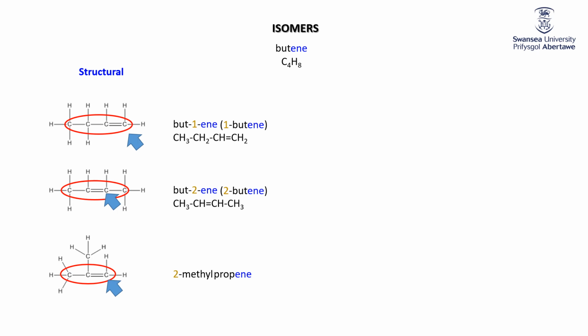Okay, and of course we would start the numbering up at this end. So this is carbon 1, carbon 2. No need to actually say 2-methylprop-1-ene. There is no doubt whatsoever about where the double bond has to be. It has to be between the first carbon and the second carbon. So there we are. There are 3 structural isomers of C4H8, but there are also geometric isomers,